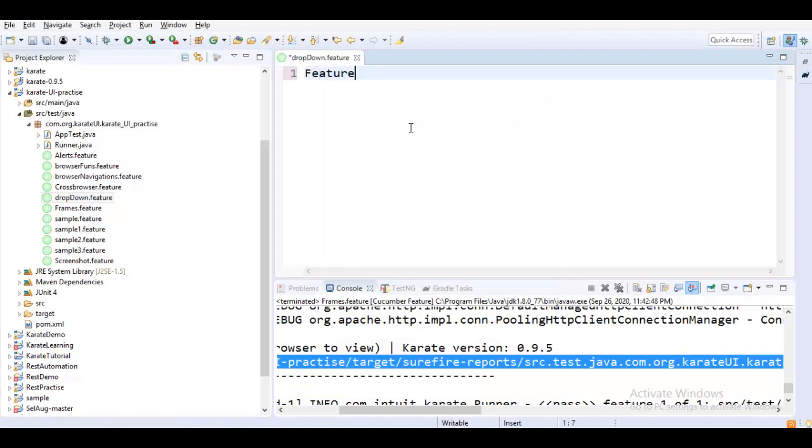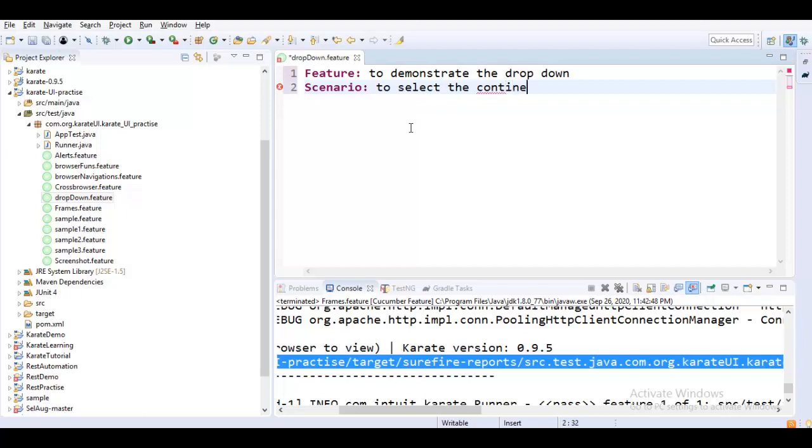Let me put the common syntax to demonstrate the drop down, and a scenario to select the continent value from drop down.